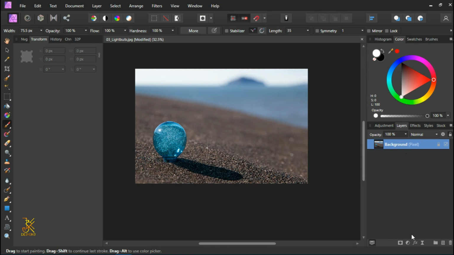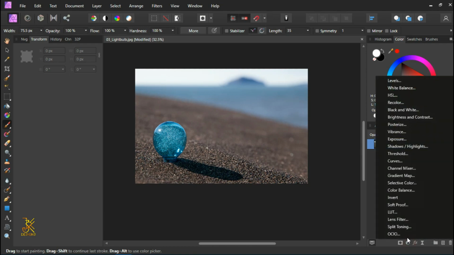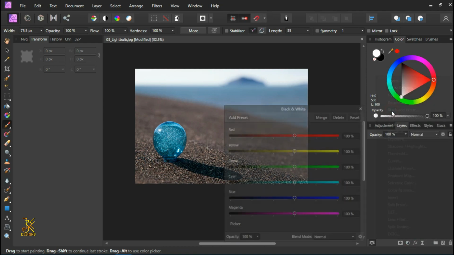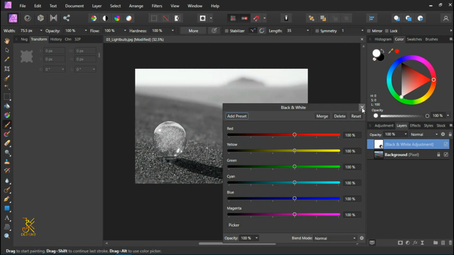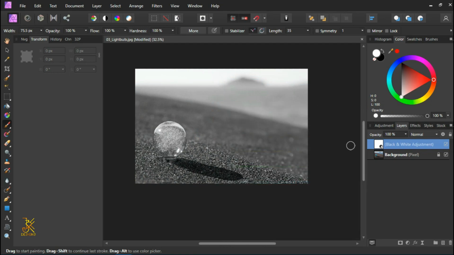Make sure that you select the picture, come here to the adjustments icon, click on it, and then select the black and white adjustment layer. The good thing with adjustment layers, they come with a pre-built mask. So here we are just going to select our brush tool. Now we're going to select our brush tool,